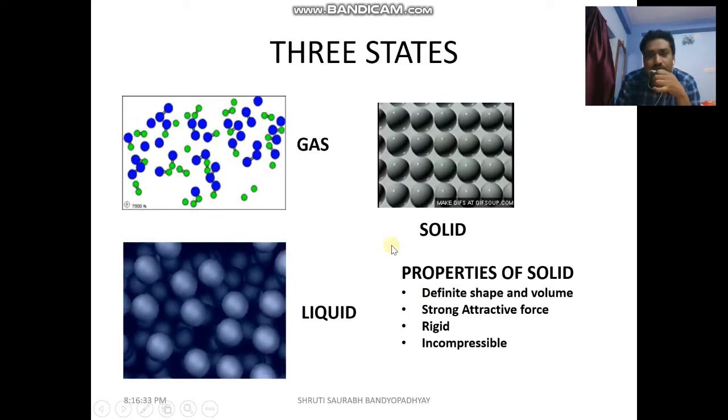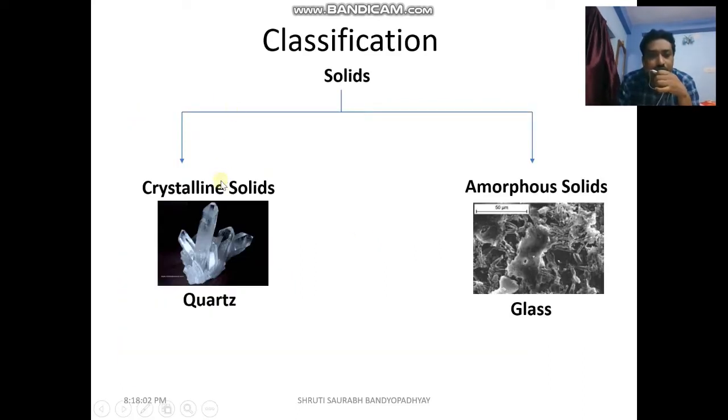Okay, now these solids can be classified into two broad categories. One is crystalline solid and another amorphous solid. Crystalline solids have definite geometric shapes such as this quartz crystal. On the other hand, amorphous solids do not have such regular shape, like this microscopic image of glass surface, resolution 50 micrometer. You see here,